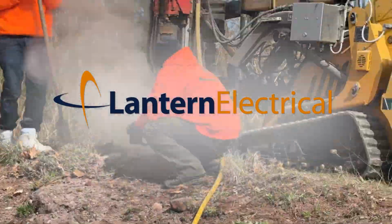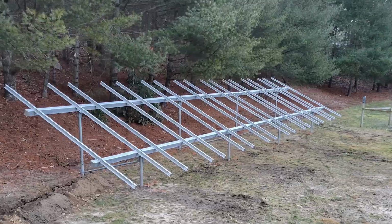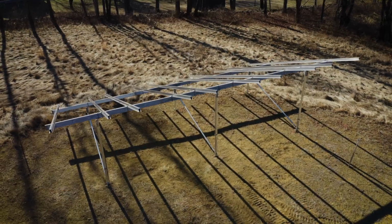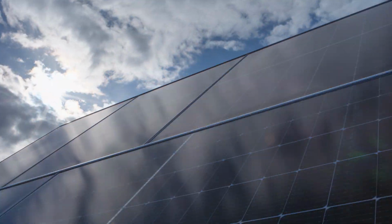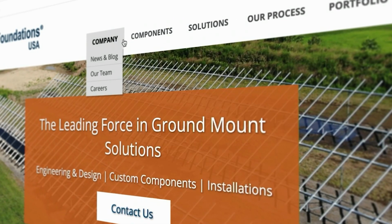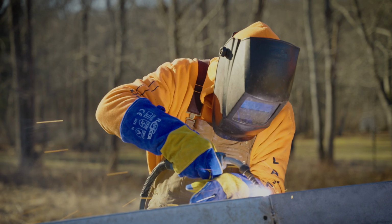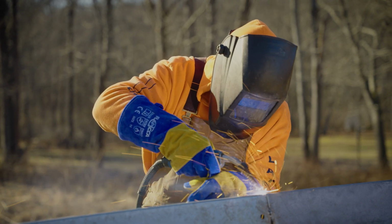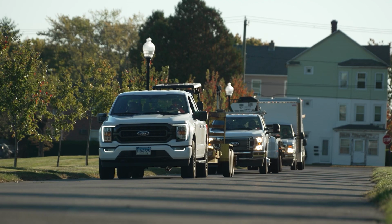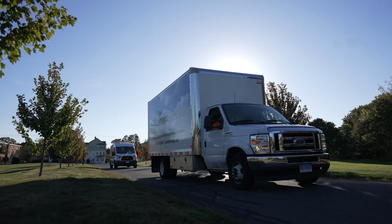Lantern Electrical has teamed up with Solar Foundations USA to install a high-quality ground mount system that is innovative, adaptable, and is the optimal solution for residential and light commercial solar projects. By custom designing and manufacturing components in-house, Solar Foundations' structure fits and functions together seamlessly and installs with far less time and greater strength. Lantern Electrical can manage and provide the crews to supply a full turnkey installation of your